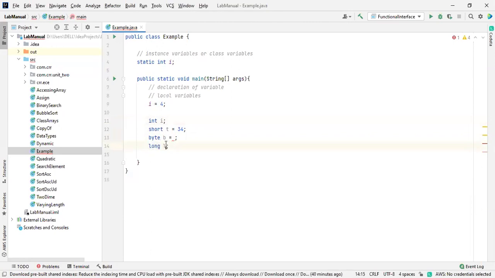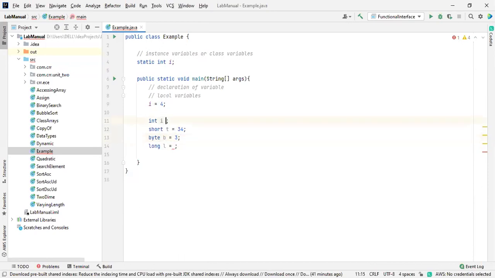So how does the compiler come to know that it is a long variable? By using a letter, a small or a capital letter. Just initializing these two, we mostly won't use this one; I will tell you in detail when we use it. Think of these as whole numbers: they allow only whole numbers, not decimal numbers.